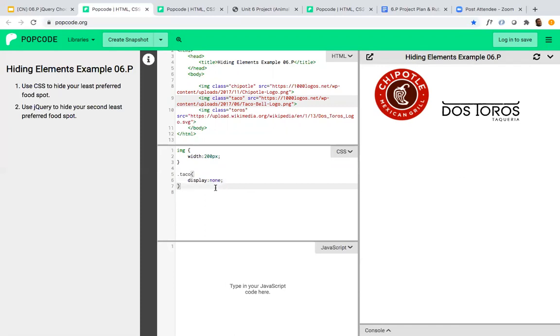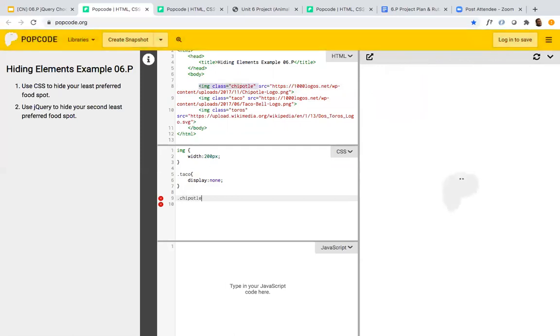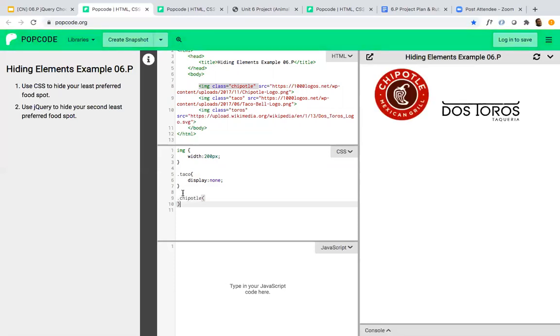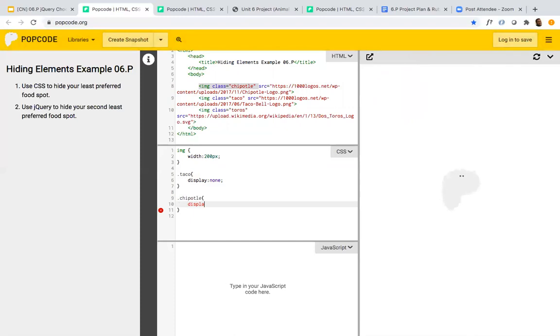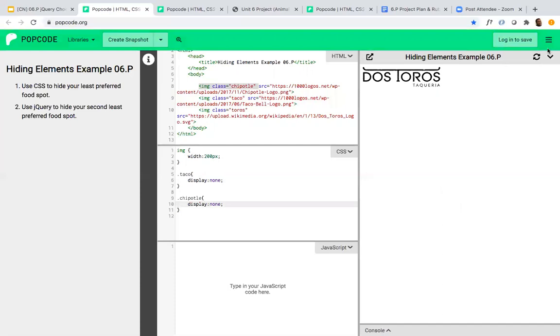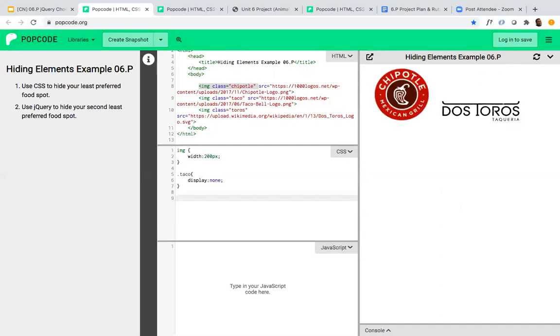If I wanted to get rid of the Chipotle one in CSS, let's see. The class for the Chipotle picture is Chipotle, so just put dot Chipotle. It's still there because I haven't done this. And now put properties display and the value is none. Okay, you see the Chipotle logo is gone. Okay, so that's one way I can hide things, and I can hide as many things as I want this way. But let's say I wanted to hide something